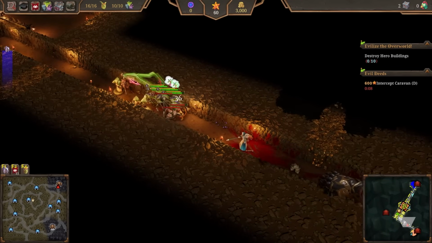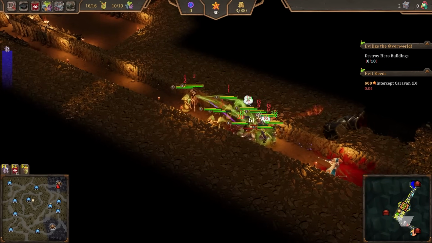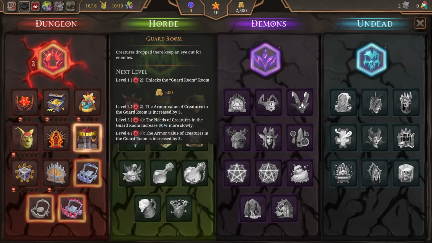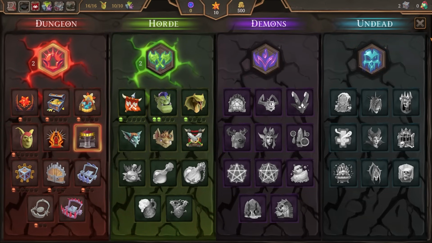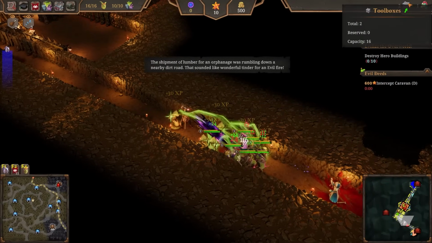But you know what? I'll take these guys first. That should be fine. I just need more stuff. I need to be doing more stuff, constantly. The orcs, we can actually upgrade. It's going to cost us a few evilness points, but that's fine. I'm going to unlock floor traps, simple traps, and complex traps as well. You can see up in the top right-hand corner...